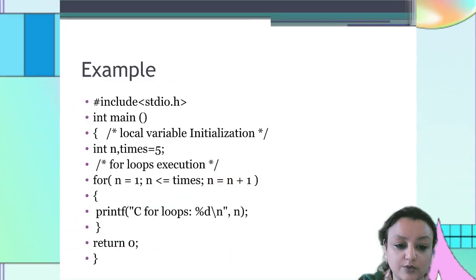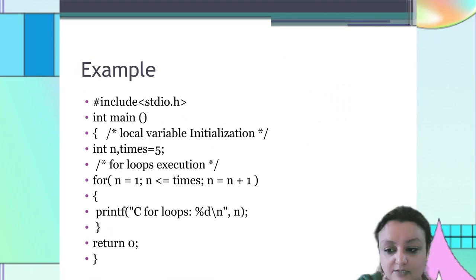Coming to the next is an example of a for loop. So hash include stdio.h, int main, local